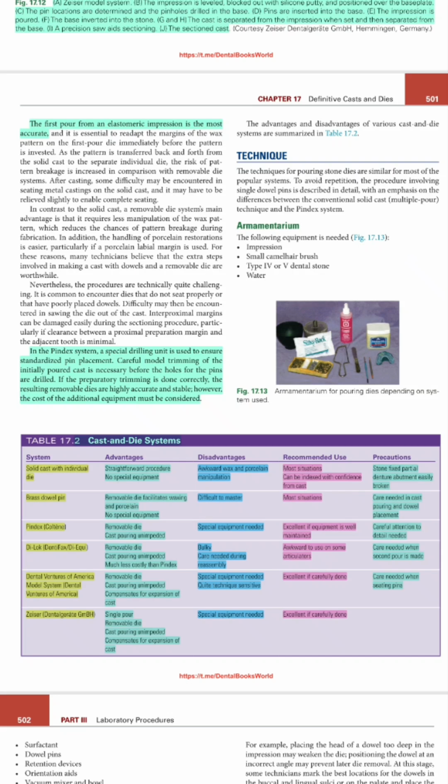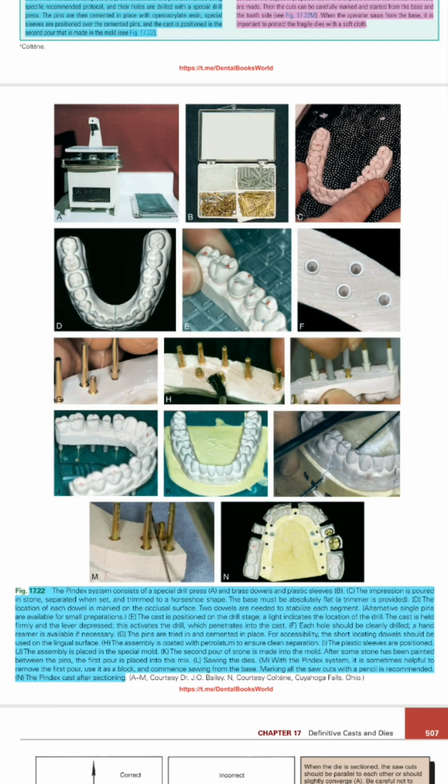Now we will see the Pindex system, which is considered the most expensive of all the previous systems that we've seen because it requires special equipment. The basic idea is that after we have the poured cast, we identify the places of the pins that we want to insert, and we use a special machine to make the precision drills in the base of the die,